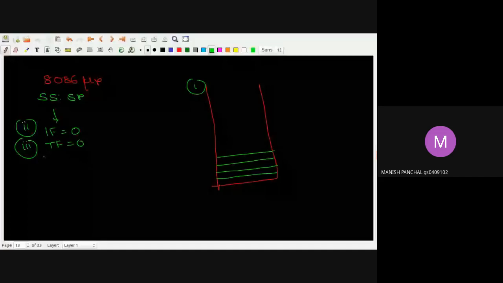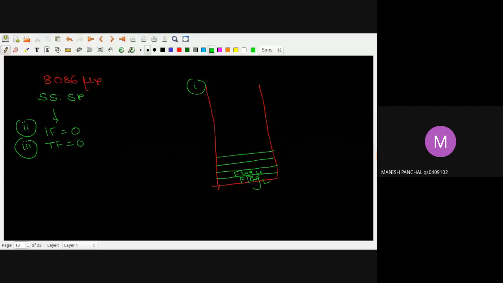Then the stack pointer is decremented by 2. Then the first thing is the value of the flag, so I am writing the flag here, the flag value. Yes, you can use it directly because there is no need to decrement; you can do it directly like this. So I stored the flag value here: the lower part of the flag is kept here, the higher part of the flag is kept here, meaning I kept the MSB here. So I have stored the flag value, and this keeps decrementing.